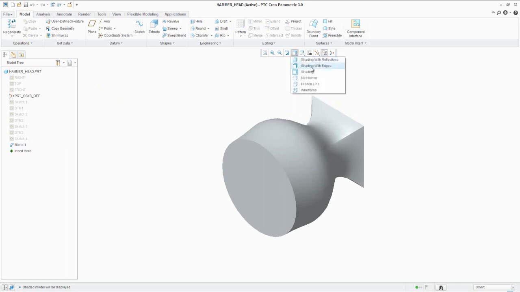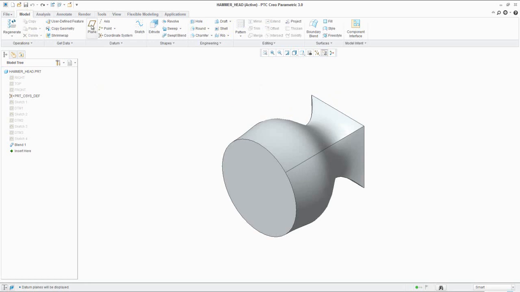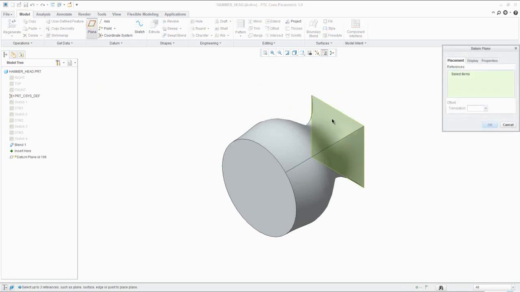Set the visibility of the model to shading with edges. Now create a datum plane 200 mm offset from this face of the model.